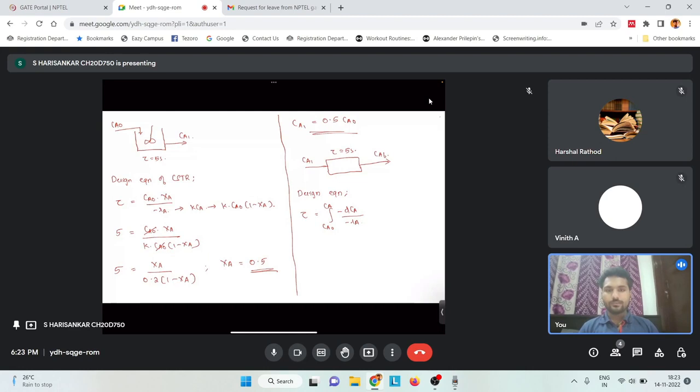We can substitute that. And this Ra, we can write it as Kca because it is a first order reaction. So tau will be dCA by minus Ra, and if we integrate it, it will be 1 by K ln Ca0 by Ca. Now here, this Ca0 is basically Ca1,